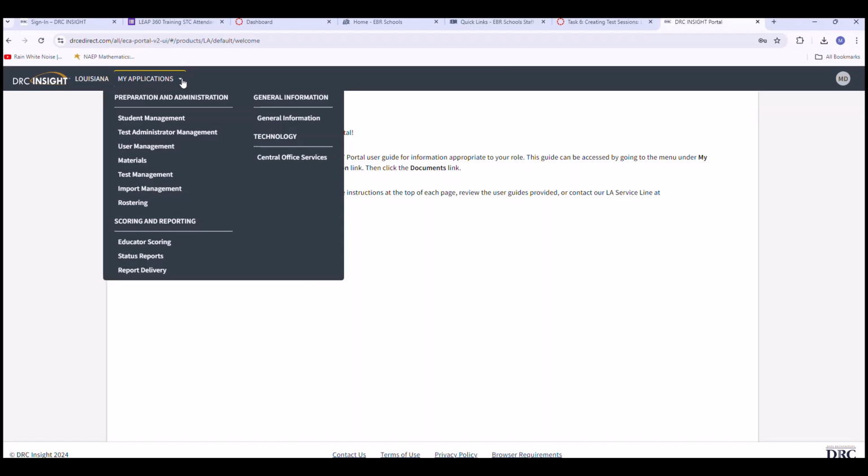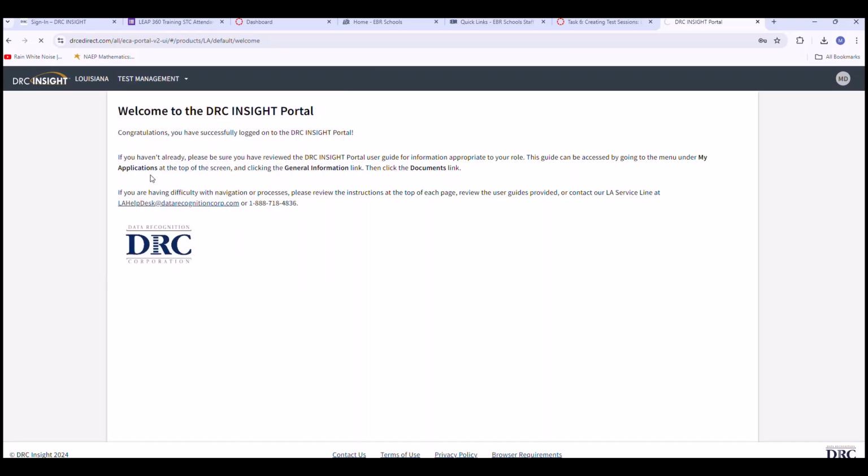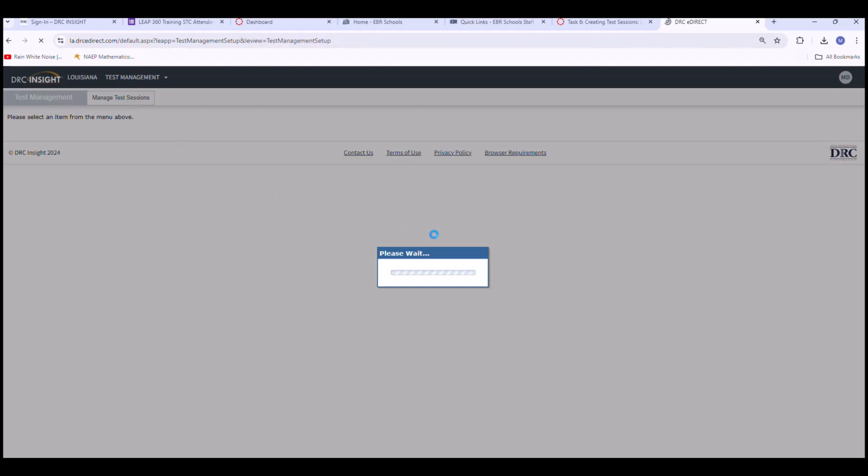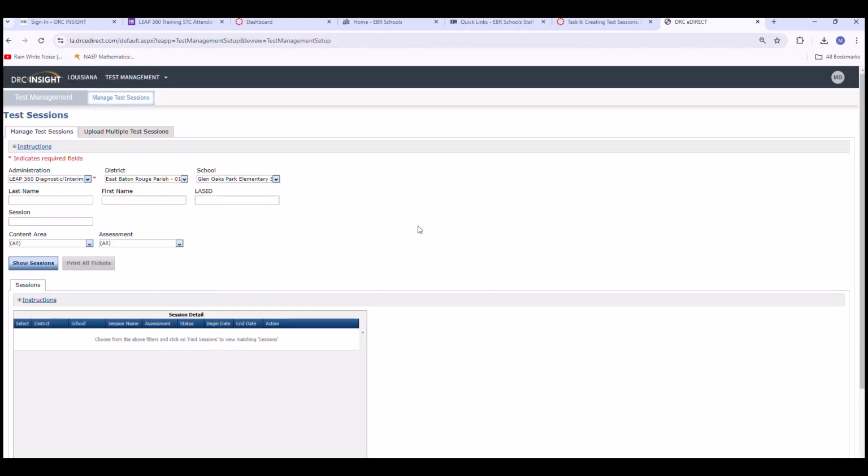Okay. So I click on test management, and then you'll see these tabs. And then still on step number 1, you want to go to manage test sessions. And when you go to manage test sessions, this is what you see. All right. So we're at this point. Okay. Any questions? Okay. All right. And then